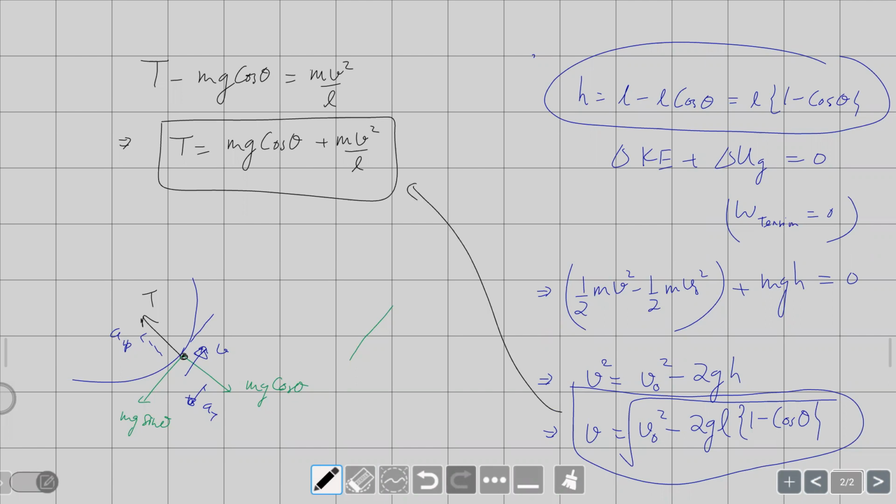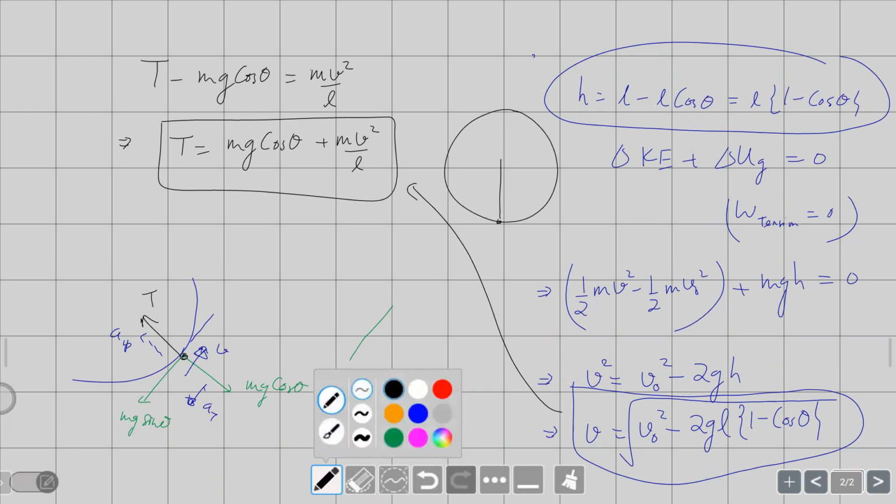So as the particle is going round in the circular motion, as it's going up, what is happening from one point to another? The tension is continuously decreasing, because the speed is also decreasing and cos theta is also contributing. Here, as theta becomes larger and larger going towards 90 degrees, this term cos theta is going from 1 to 0. So your first term will decrease. And because you see that work done by gravity is negative, or gravitational potential energy increases, V is also decreasing. So what is happening? Your tension is reducing as you're going further.